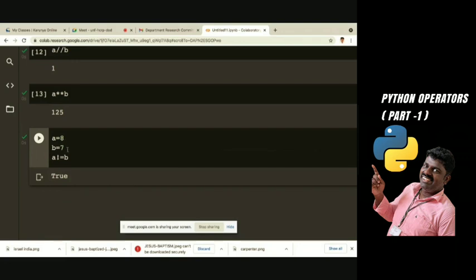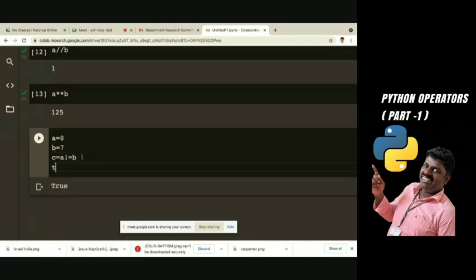A is greater than B, so it is not equal to B. Yes, it is true. Got my point? So it returns the bool type. For example, if I take C equal to A star B, and check the type of C, according to the relational operator it gives the value as bool.